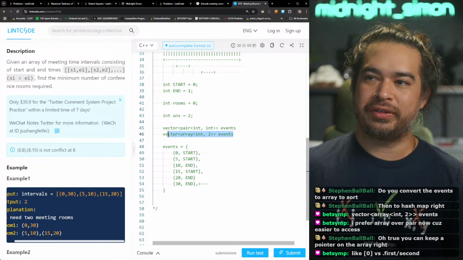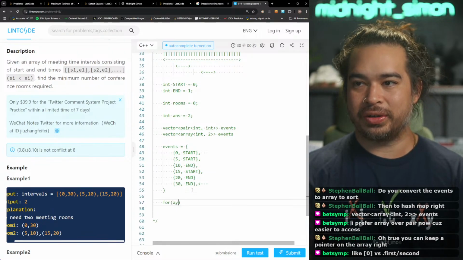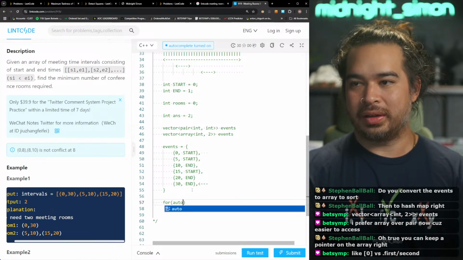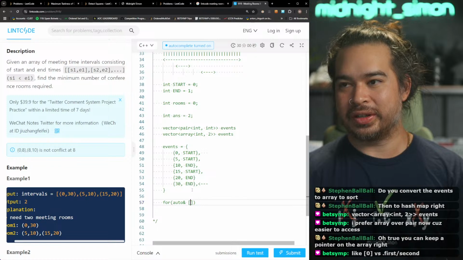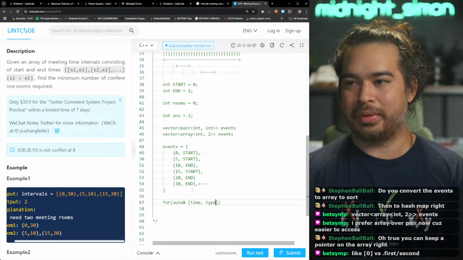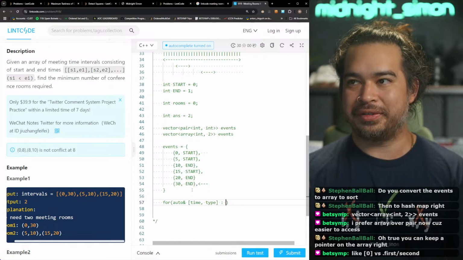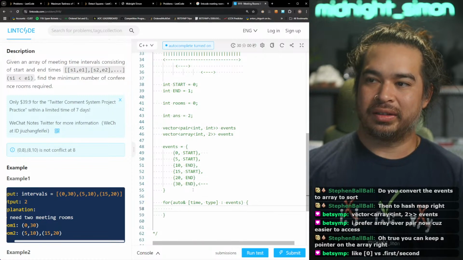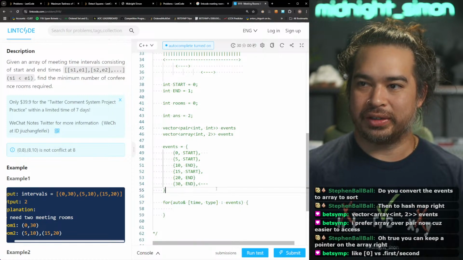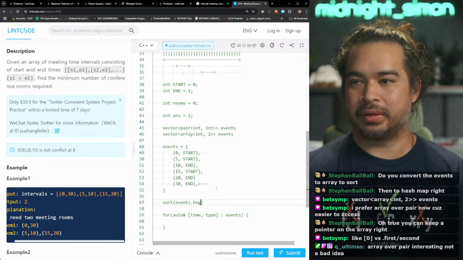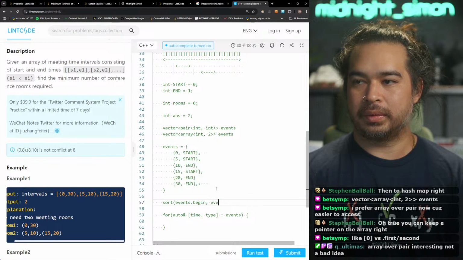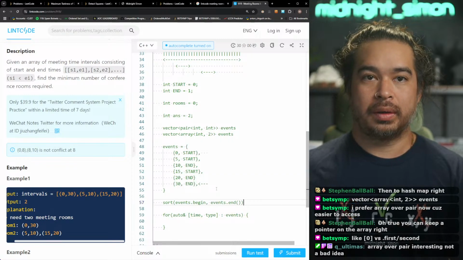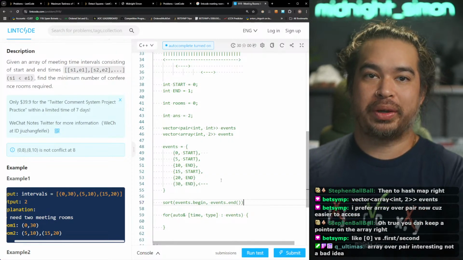Usually for these problems, BetSimp, I just go like, whatever this is called, time type, so I don't actually have to do that dot first thing. This is how I'd iterate over my events. Array over pair is interesting.